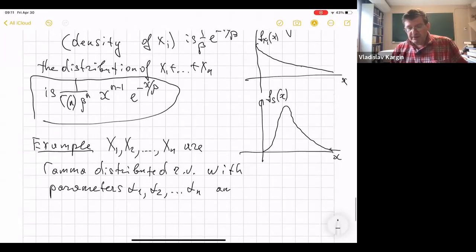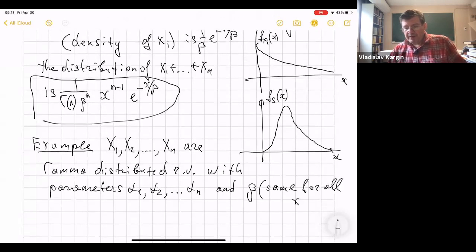And beta, the same for all xi. So these are shape parameters, and this is the scale parameter, and the scale parameter is the same for all of them. Then